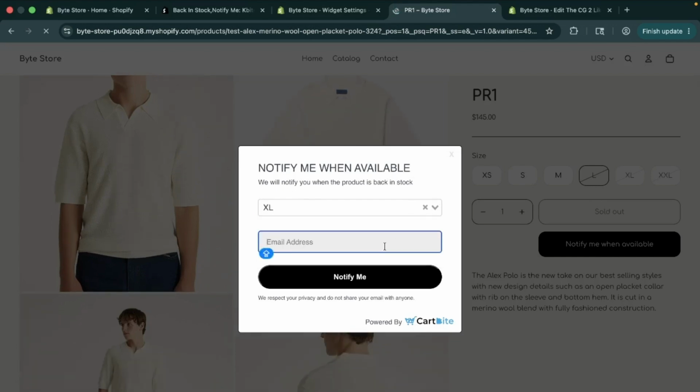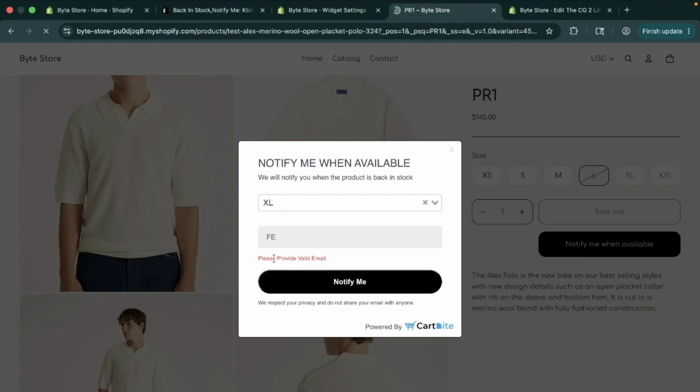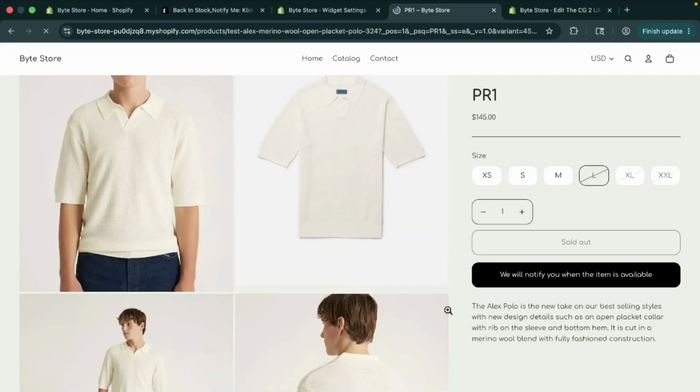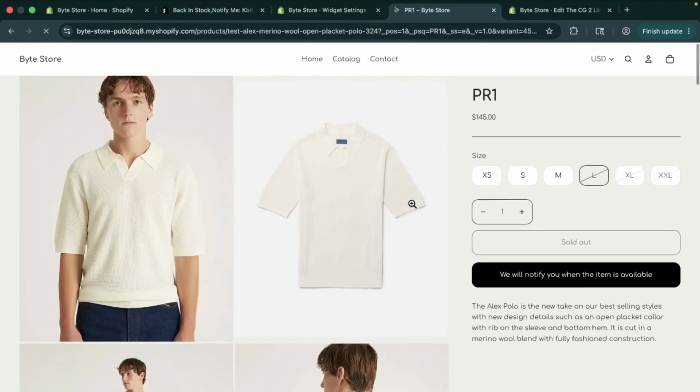And if we add an invalid mail, you can see the error message. And also you can submit with a valid mail. I'm just giving one like this, and I'm hitting notify me. Now the success message is showing, and after that submission you can see the button text is changed to "We will notify you when the item is available." So that's how you can enable a notify me button on your Shopify product